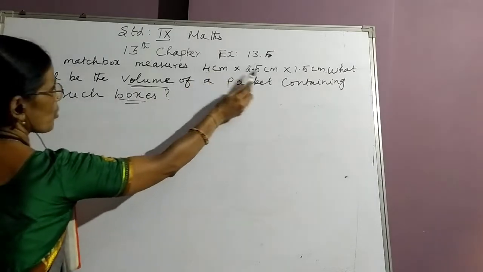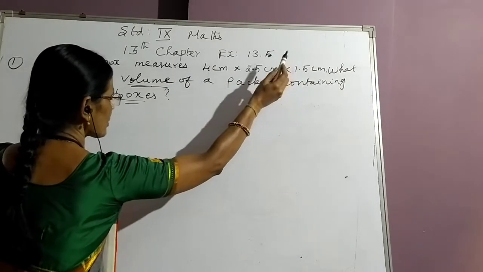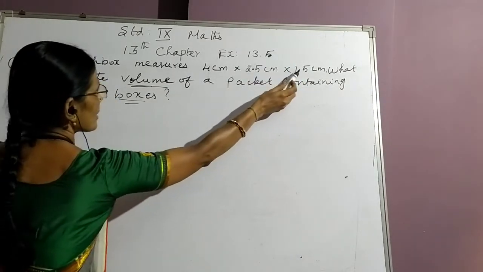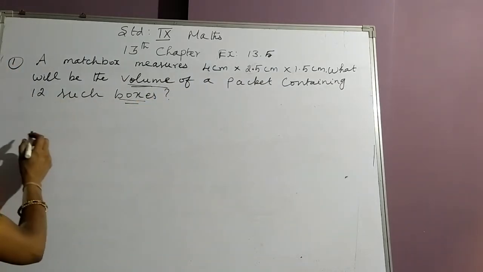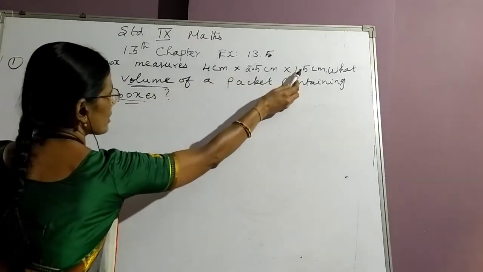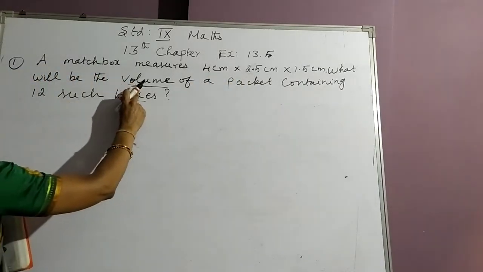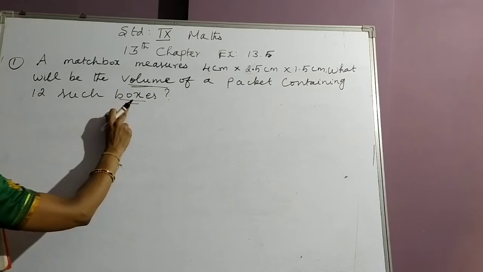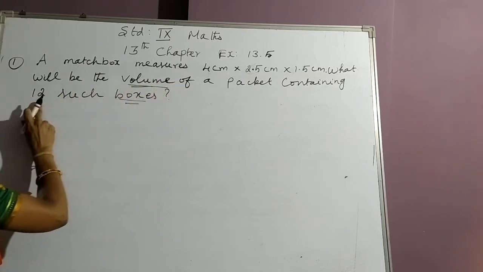The measurement of the box is given. It has length, breadth and height or depth. Therefore, 3 dimensions are given. So, it should be a cuboid. Because the dimensions are different, it cannot be a cube, it is a cuboid. And we have to find out its volume. Volume of one box, if we find, we can find out the volume of the packet, means volume of 12